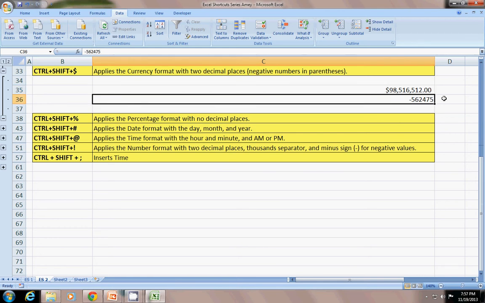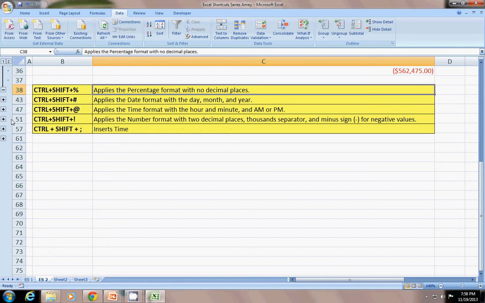But this is something negative. Sometimes you have negative balances, and that's all. So Control Shift and this makes it red and also in brackets. The next one is